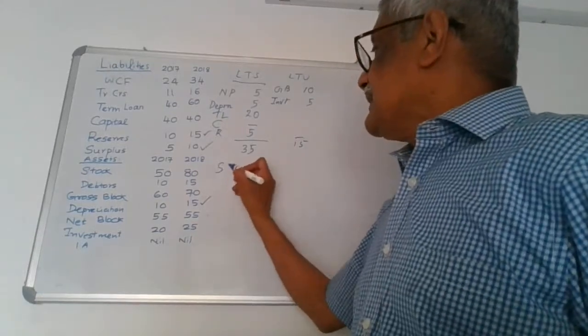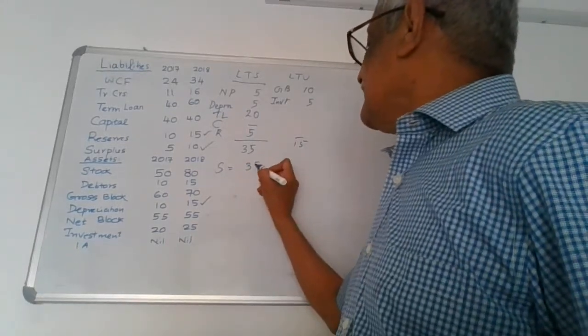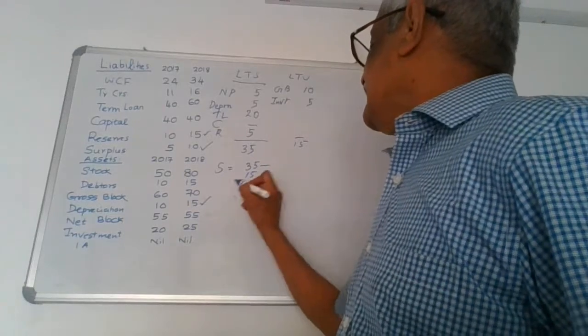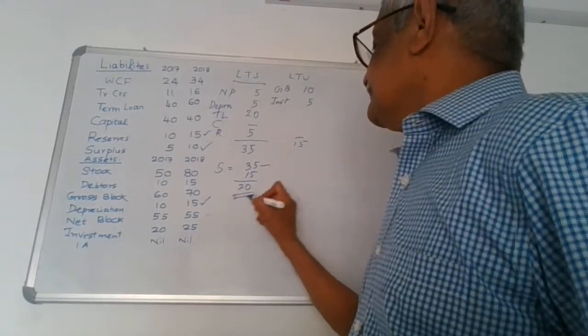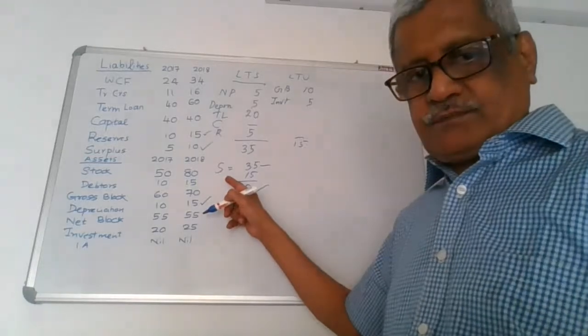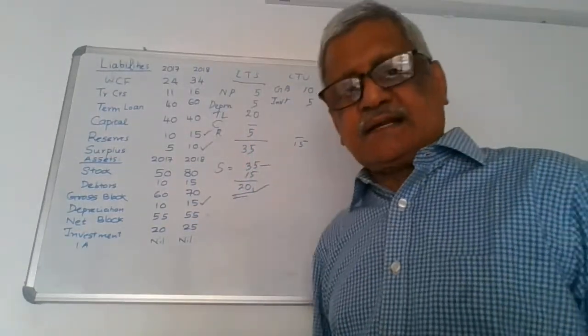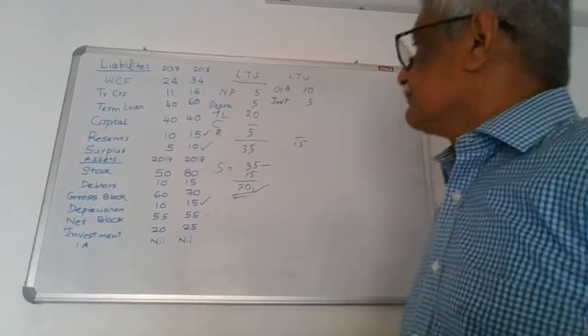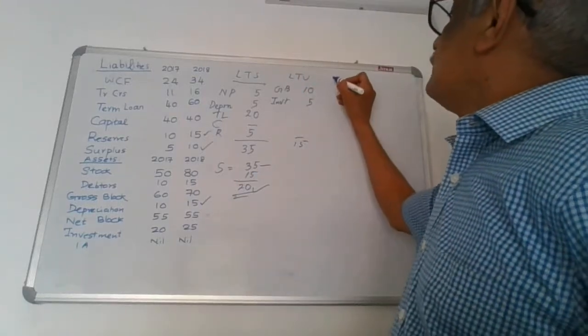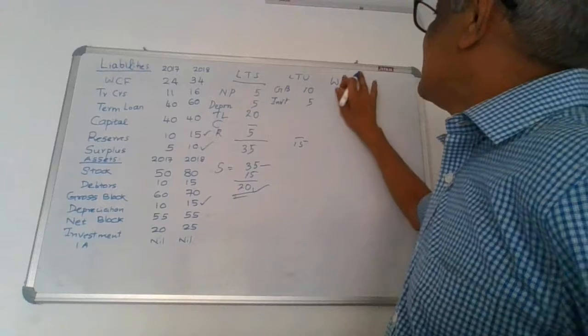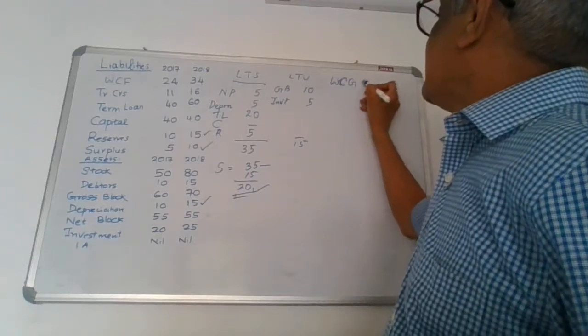Now we know what is a margin. Margin is nothing but LTS minus LTU, which is 20. I have a surplus of long-term source over long-term use to the extent of 20. Let that be there. Now I will go to find out what is the increase in working capital gap